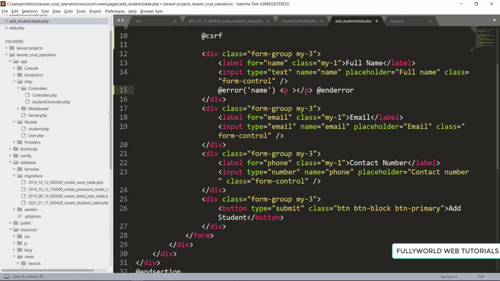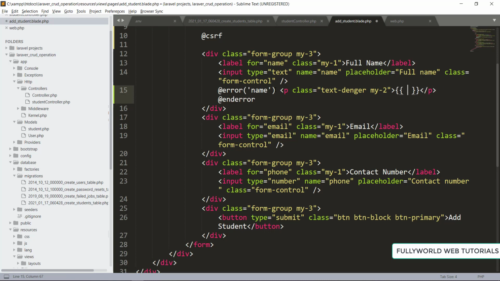and then here we are going to add our p tag, and its class will be text danger, and margin y will be 2. And then here we are going to mention our message. So that will be $message. Here this error will check that if error is present or not.